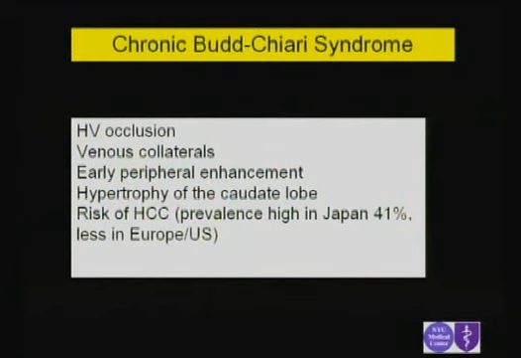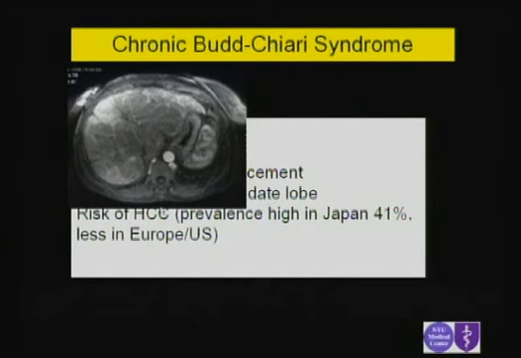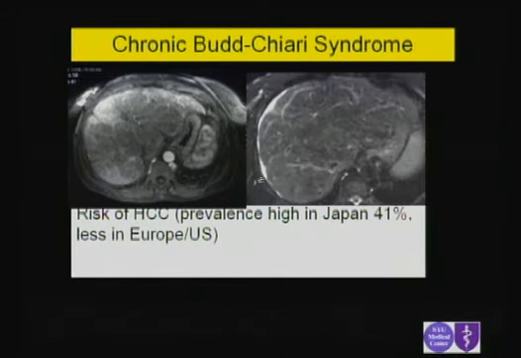You can have also hypertrophy of the caudate lobe, and you can have also cirrhotic changes, of course, in advanced cases. There's a risk of HCC. However, the risk is probably lower in the US and Europe than in Japan. Typical appearances. This is an arterial phase image, axial T1, where you see arterial phase enhancement in the periphery of the liver. This is a T2 showing you a